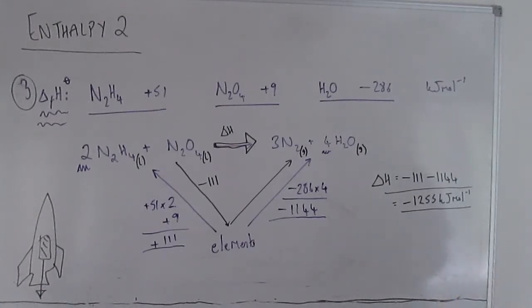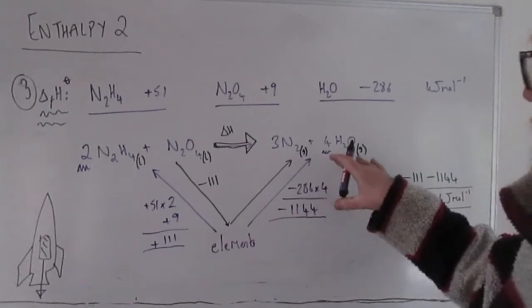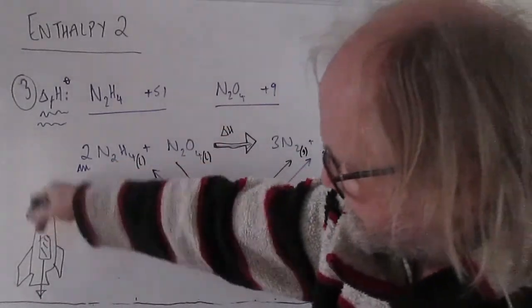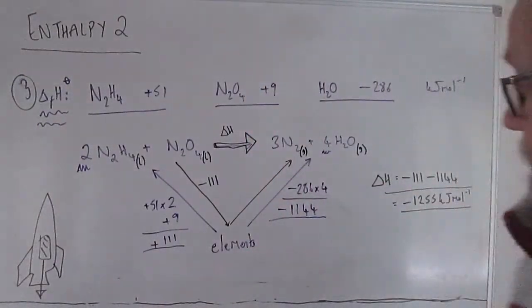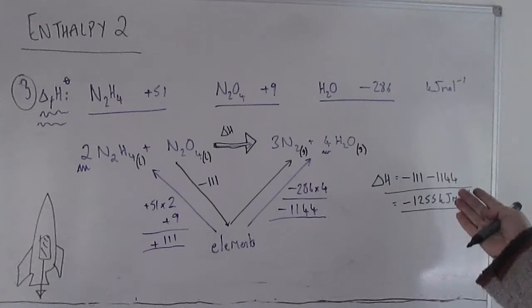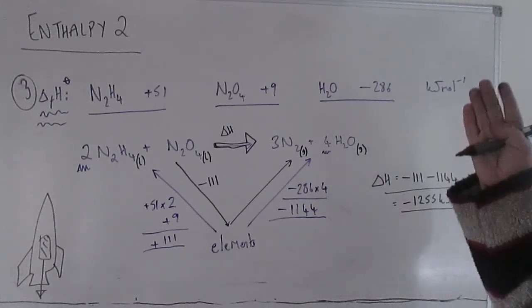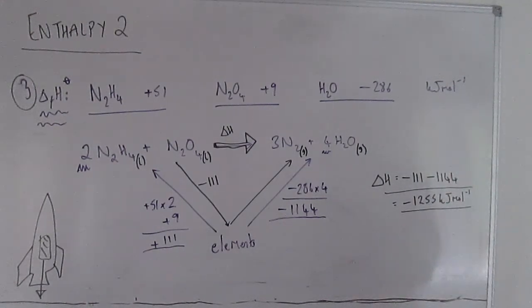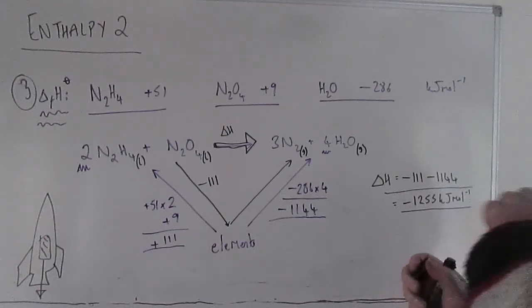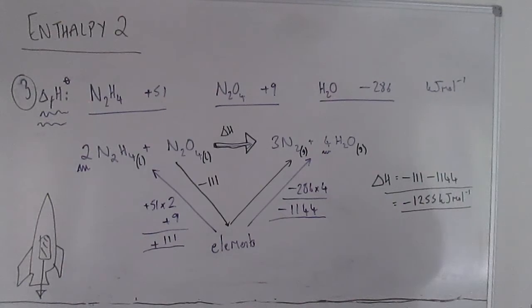So this was chosen as a good reaction, partly because a lot of gas is produced from these small volume liquids, and that gas has got to expand somewhere, so it shoots out the nozzle at the back, but partly because it's also very exothermic, which means that lots of heat energy is generated, which makes the gases expand more and gives you a bigger force driving the rocket upwards.